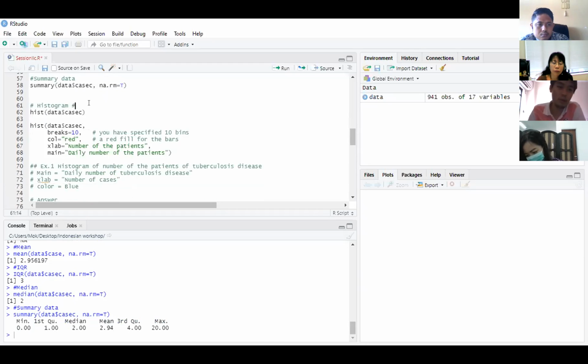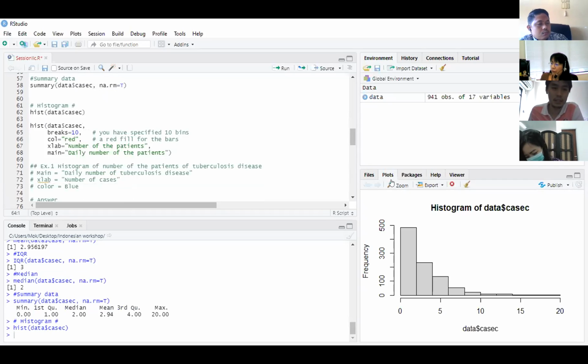And next we will try to plot the graph. The first basic graph called histogram can show the distribution of your data. This histogram plot between the variable case C shows the daily number of your patient